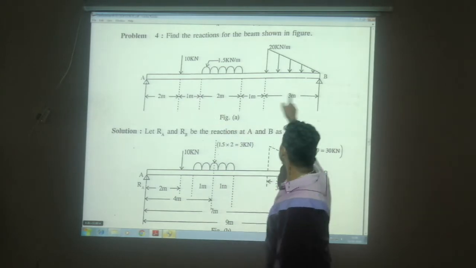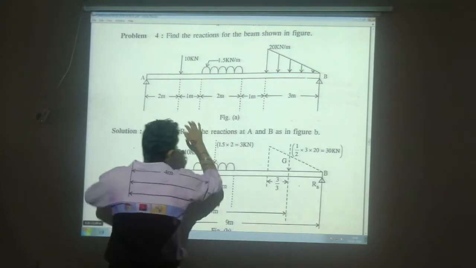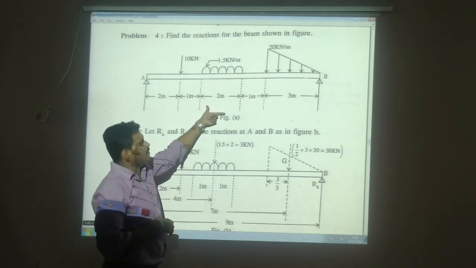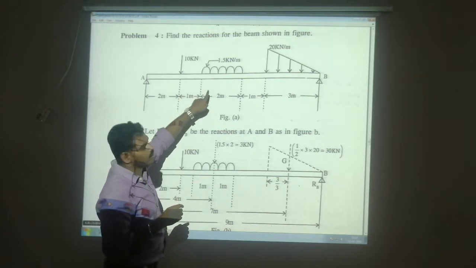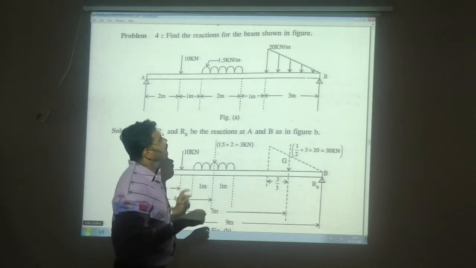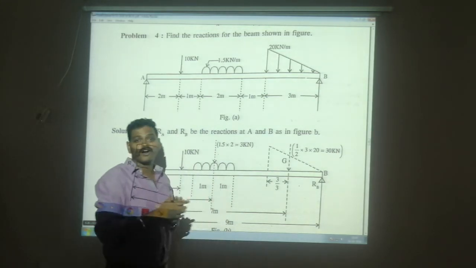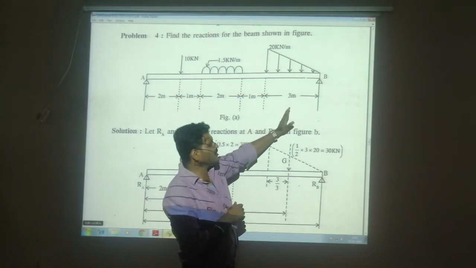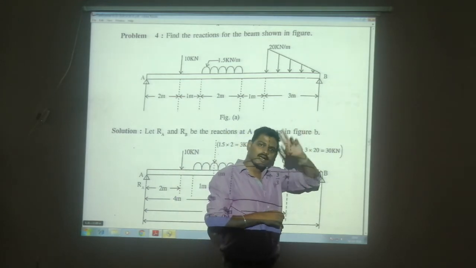Okay. Here it is a simply supported beam because the supports are there at the ends. So now we have to look over the distances, and here it is 1.5 kilonewton per meter, but the distance is 2 meter. That is nothing but the total load is 3 kilonewton because 1.5 into 2 is 3 kilonewton. It is acting 1 meter from this point and 1 meter from this point. Here it is 20 kilonewton per meter for a distance of 3 meter. Then we have to do half into base into height. Where exactly it is acting, the center of gravity from the larger end, you should be very careful, it is always 1/3. From the smaller end, it is 2/3.